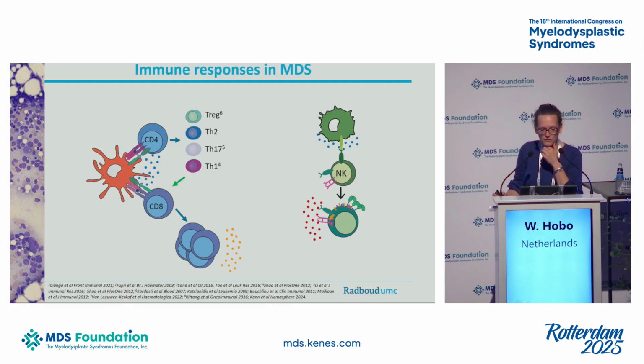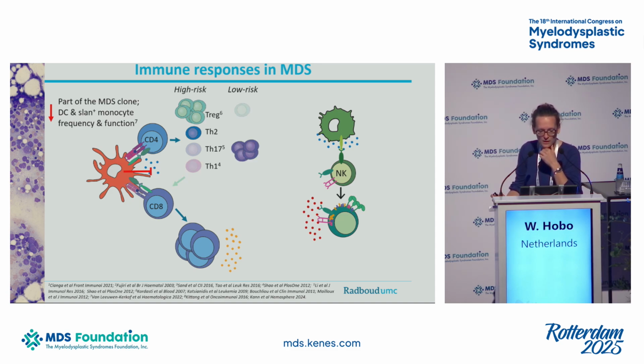But what about immune responses in MDS? A lot of studies have already been performed. It has been described that the dendritic cells and the monocytes, so the antigen-presenting cells, which are required, of course, for good T cell and NK cell activation, are part of the MDS clone and that it can impact their